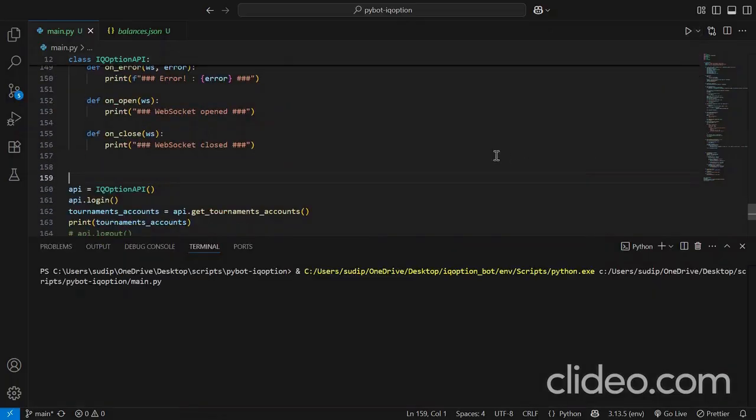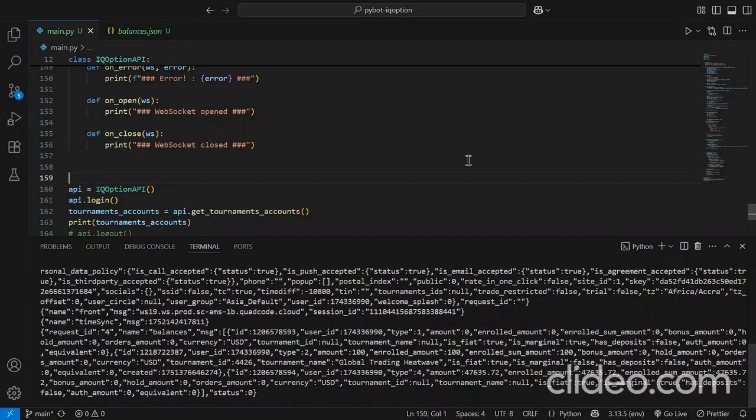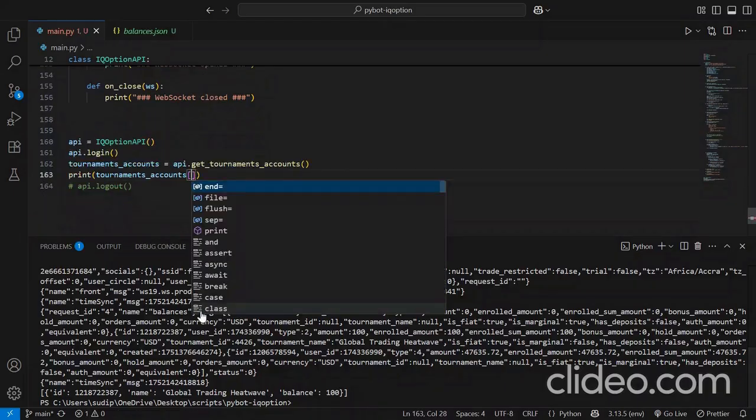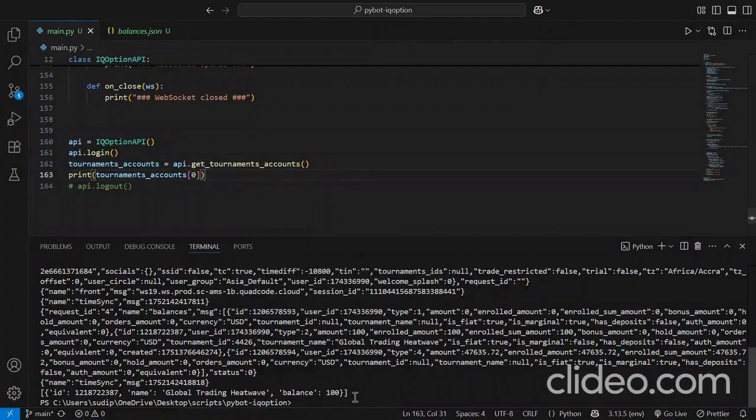Later on we will be switching to tournament accounts, right? In that case, since this is a list, we can access each dictionary inside it. Now we are getting it this way, right? After I do this, this is called slicing. I will get this dictionary only without this